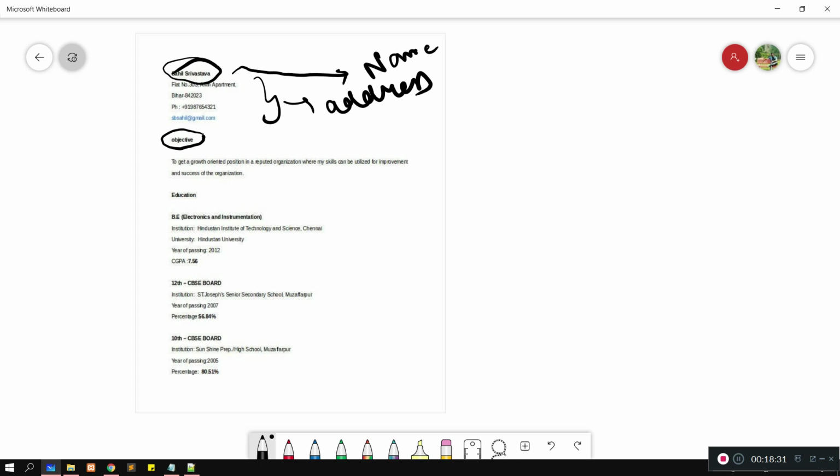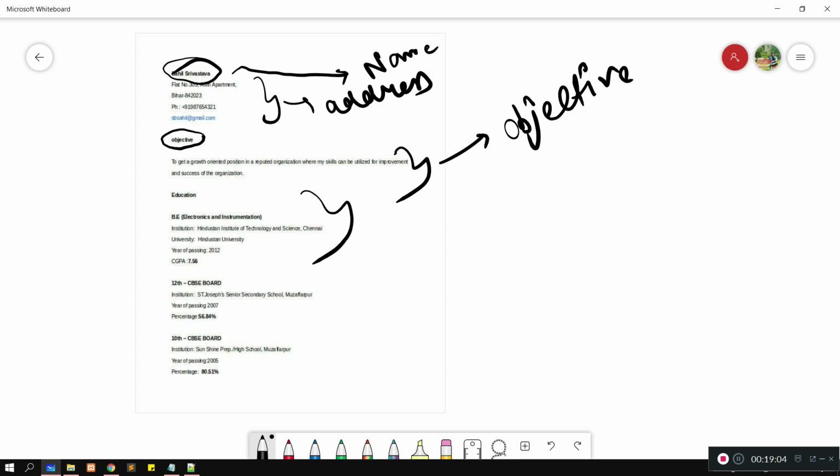This is of bold type. I cannot find any italic or underline here, but if you use those tags, that will be good for you also, and for me also, you can say. So this is an objective. Okay, education.